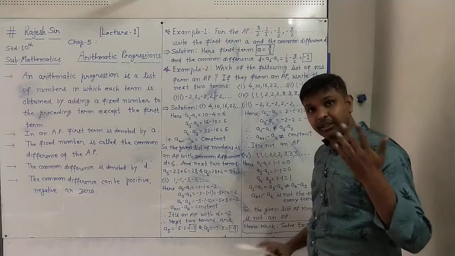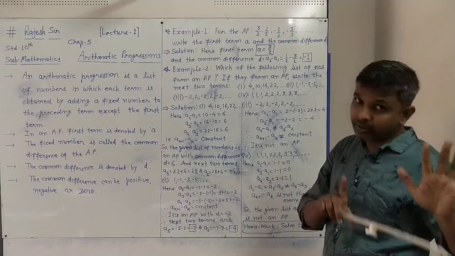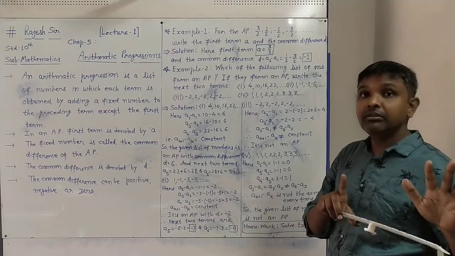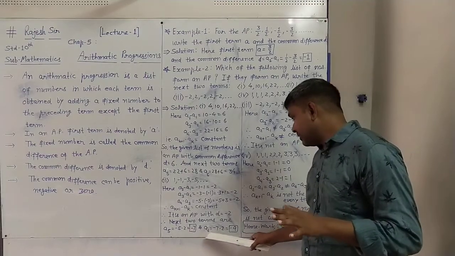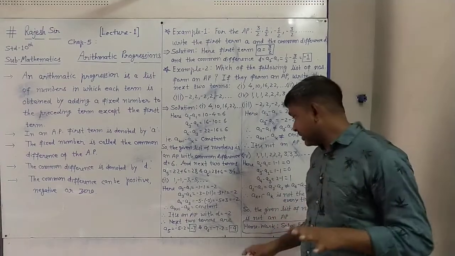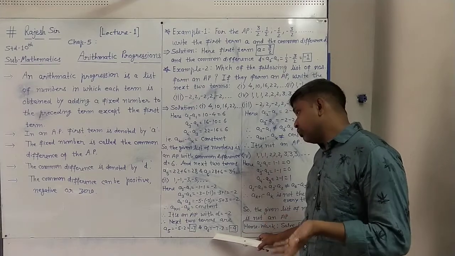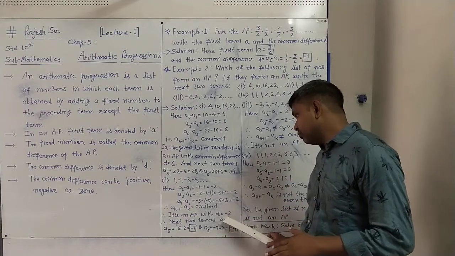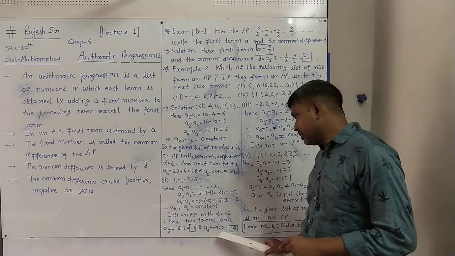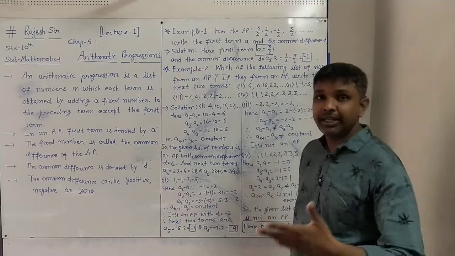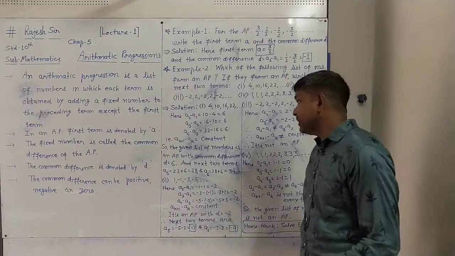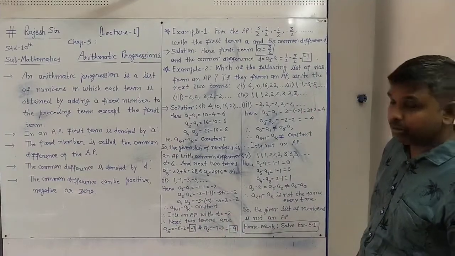Now to get the sixth term, to its previous term we have to add a fixed number. So A6 equals, to the fifth term, that is minus 7, we have to add the common difference minus 2. So minus 7 plus minus 2 will give minus 9, the sixth term. This way the next two terms will also be found in the second list of numbers.